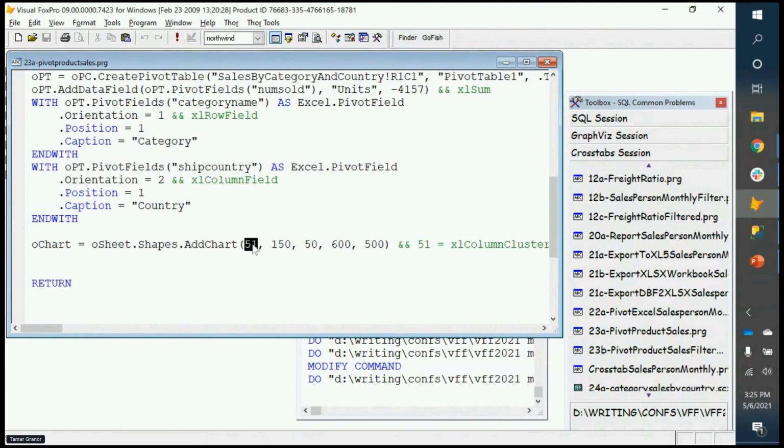The first parameter is the chart type. This time I'm creating something it calls a column clustered chart. That's a bar chart in groups. And then these parameters are just where it starts and how big it is, where I'm putting it on the worksheet. So when I run this,